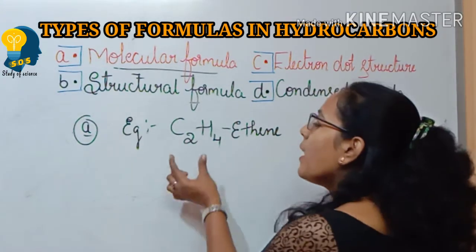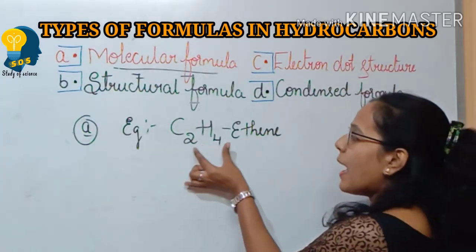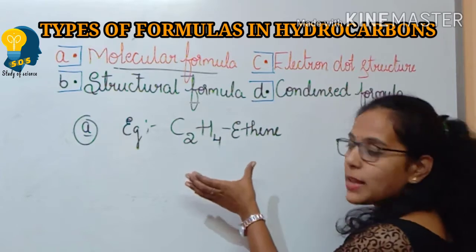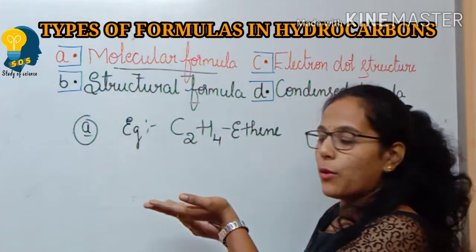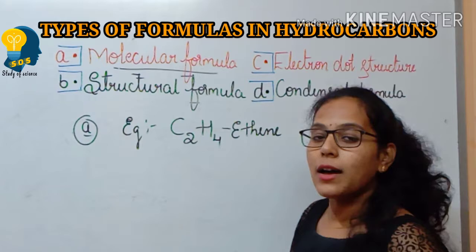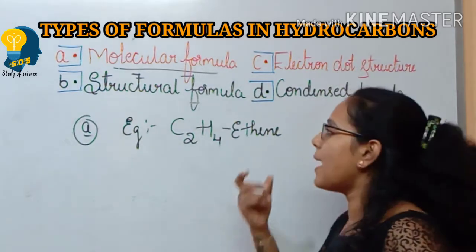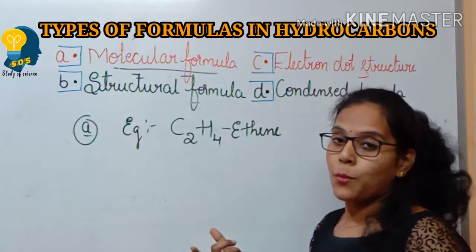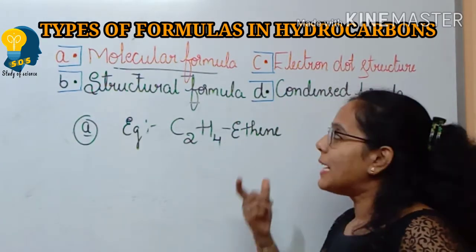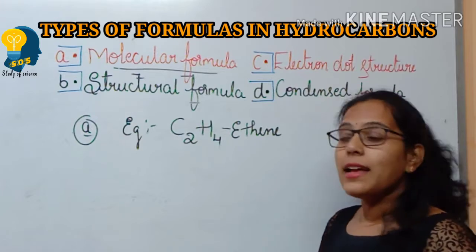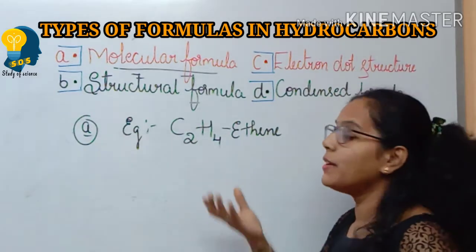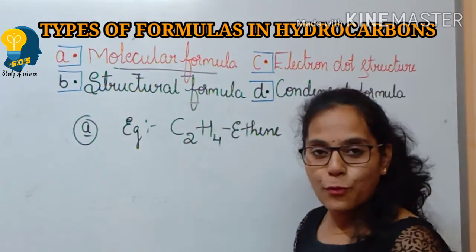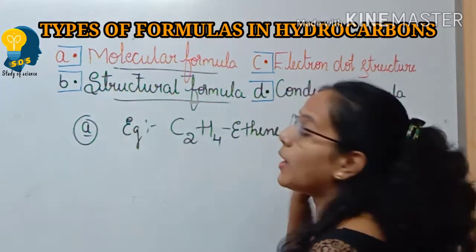We have found how many atoms of carbon and how many atoms of hydrogen are found in this compound. Ethene is a compound. So in this compound, we have found how many atoms of carbon as well as hydrogen are present. Okay? So this is what the molecular formula represents. Clear? It is a formula that represents the actual number of atoms in a given compound. Clear? So now let us understand the next type of formula, that is the structural formula.